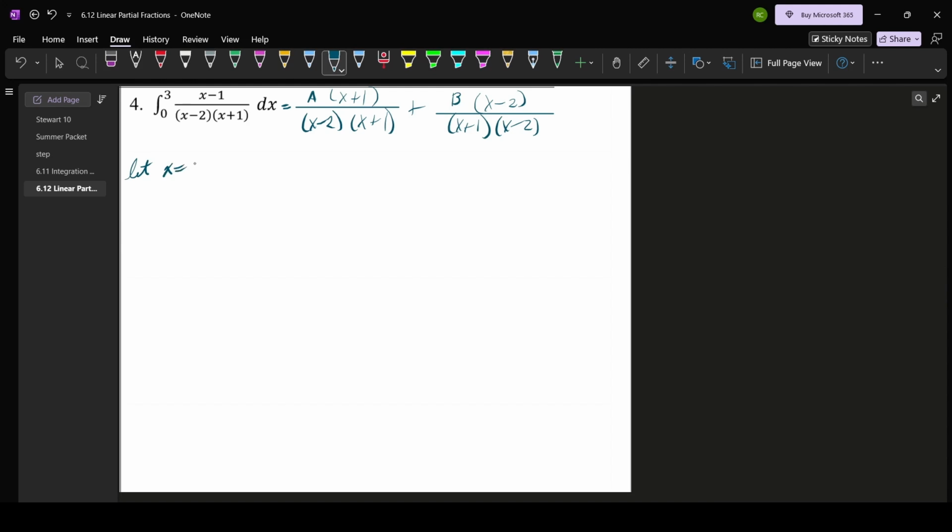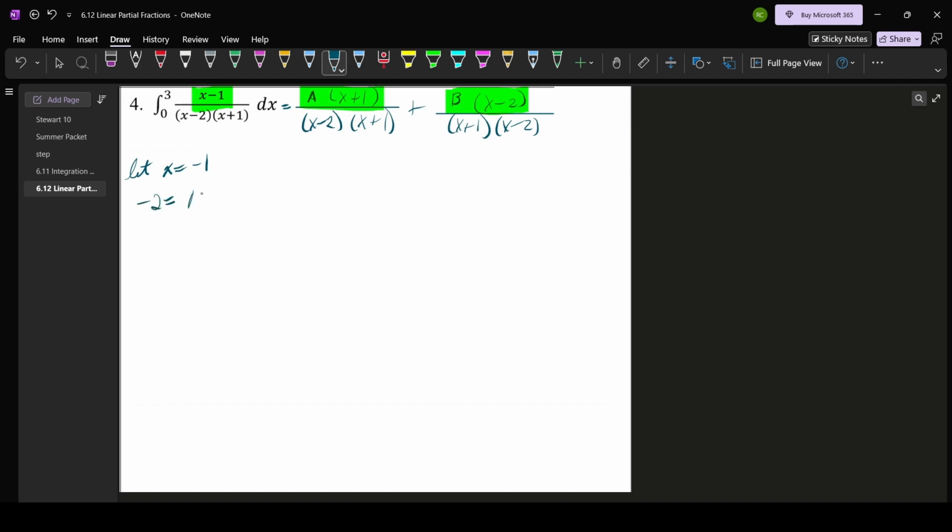Let x equal -1. Again, we're just taking the numerators here. Once you have done this step, we just need the numerators. The denominators are not required at this step. So if x is -1, let's plug that in here. -1 minus 1 is -2